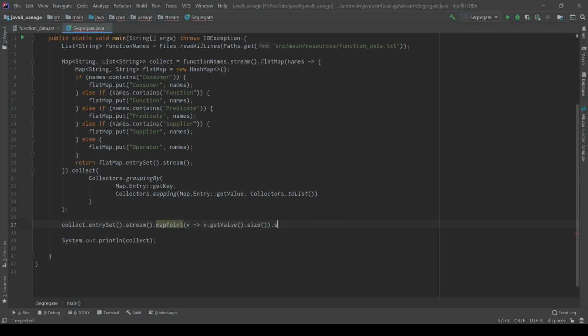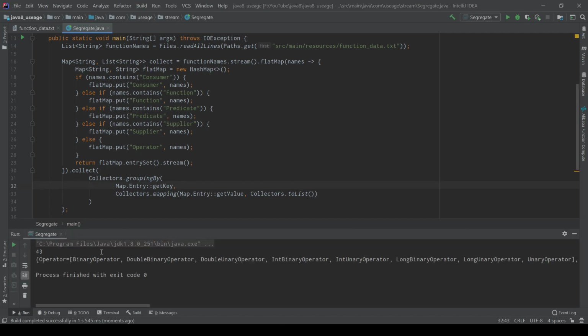I will make this a sum and store it in the variable. Let's run this and see how much we have. Yes, I can see all the 43 stored in the map.